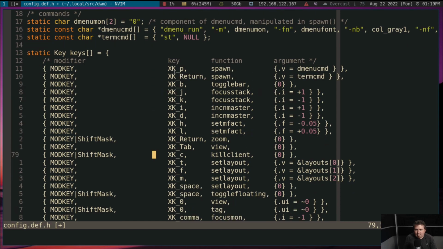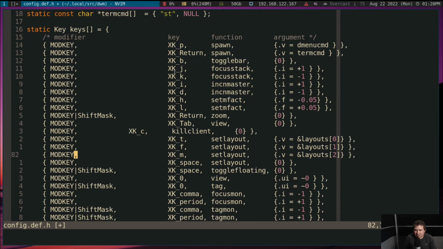All right, so now mod shift C. That's a fine enough key binding, but I have been Spectre WM'd and I use mod X to close my windows. So what I'm going to do, I'm going to go back in visual mode and highlight this. We're going to delete that part. Come down here where it says mod F. I'm going to paste that in